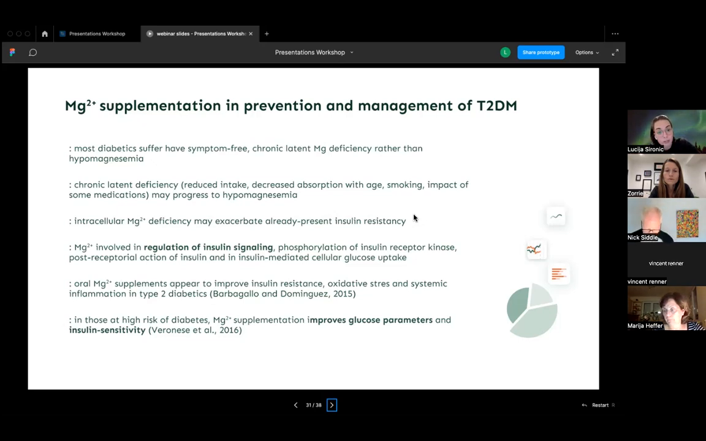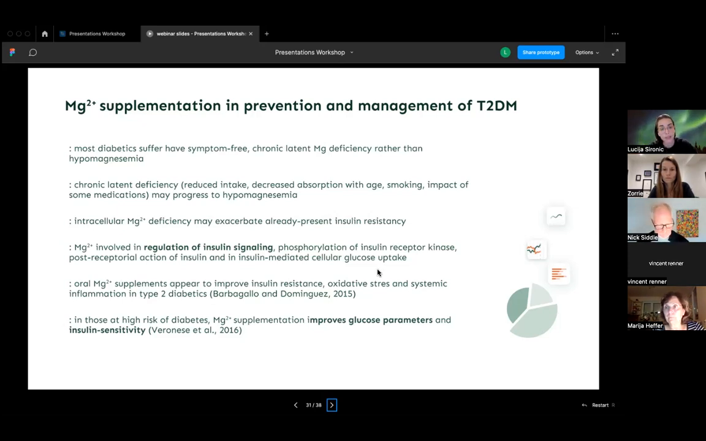We know that magnesium is involved in regulation of insulin signaling, as well as all the other things you can see listed here: phosphorylation of insulin receptor kinase, post-receptor action of insulin, and also insulin-mediated cellular glucose uptake. So the idea, and what we've seen from the study, is that if you supplement magnesium to people who already have low intracellular magnesium, and they're diabetics, that seems to improve their insulin resistance and also bring systemic inflammation